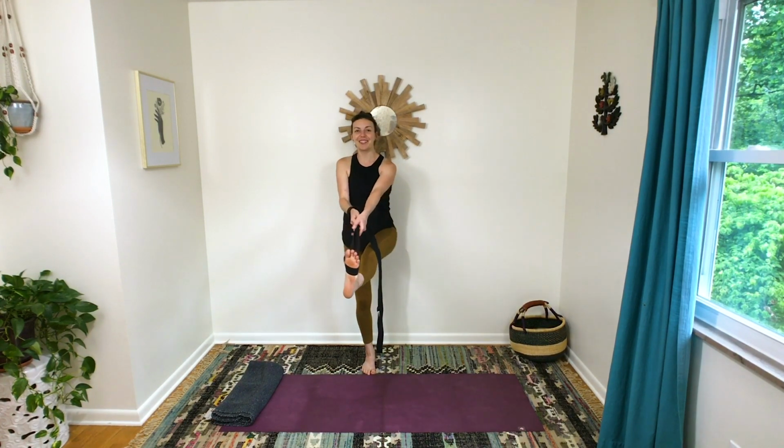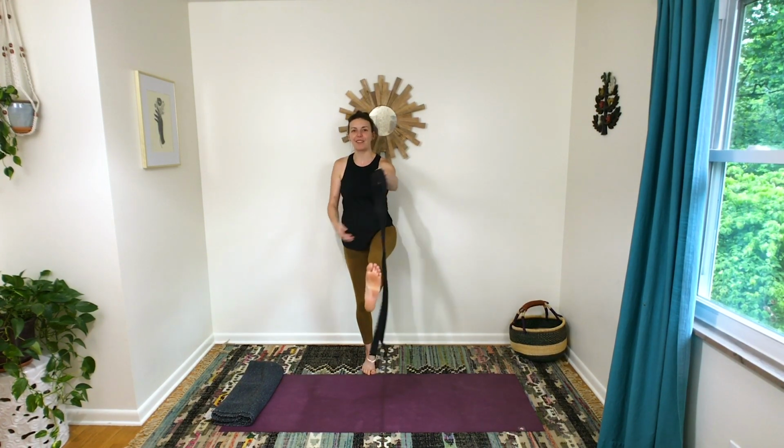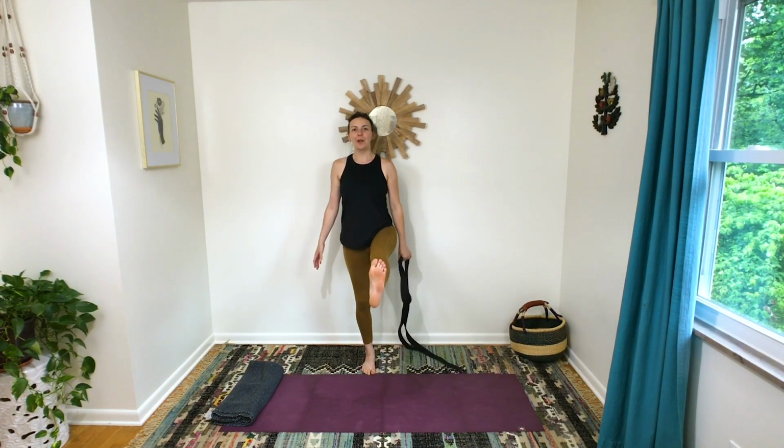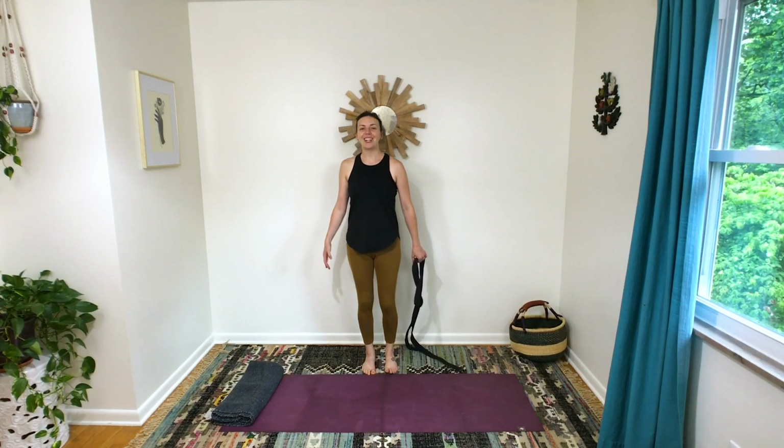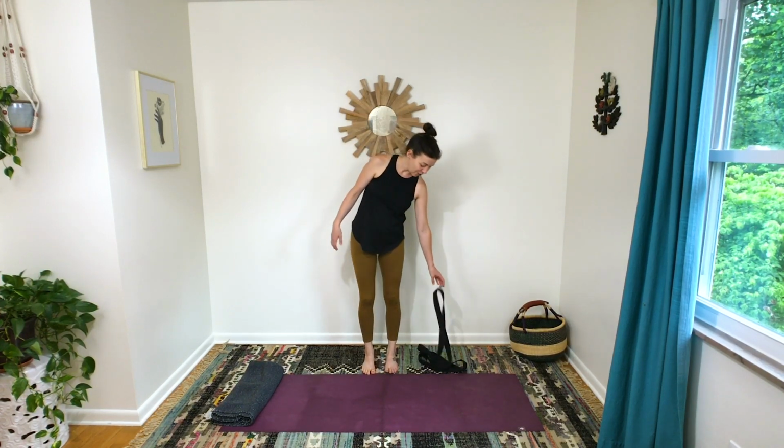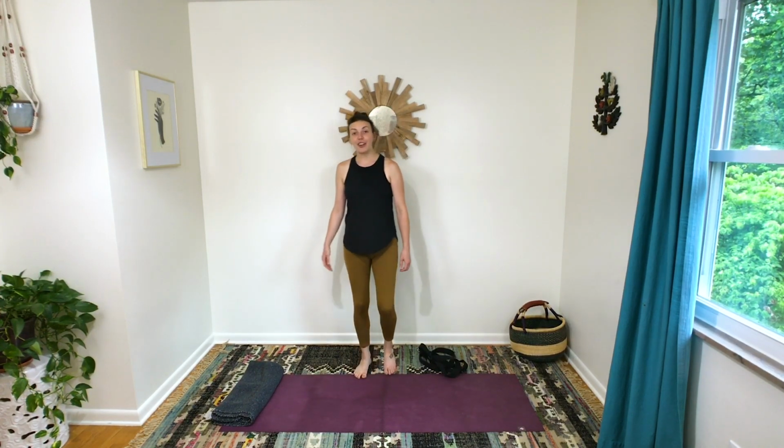And then can you keep your leg up and take the strap off? Whew. Go ahead and lower, lengthen as you lower all the way to the ground. Okay, you can drop your strap, maybe shake out your feet,